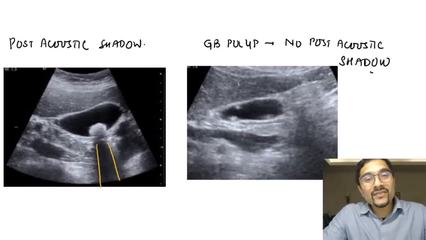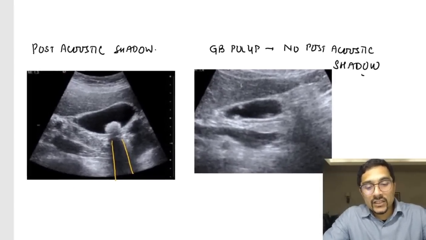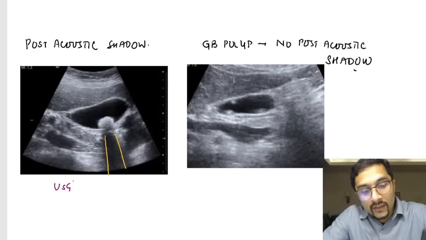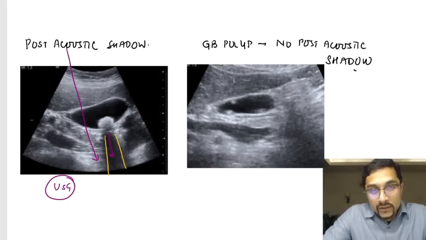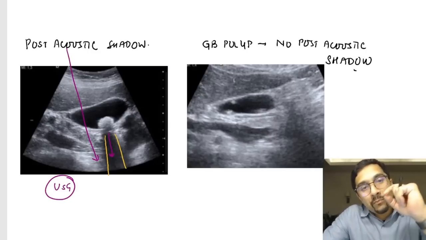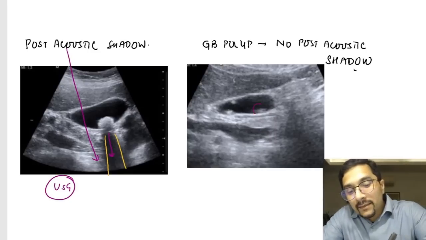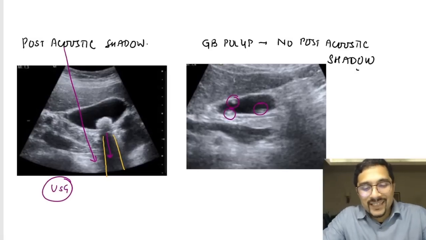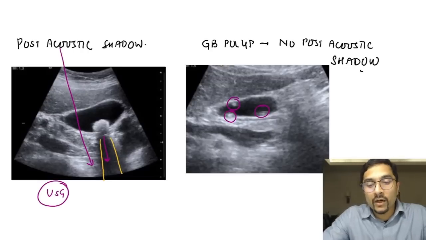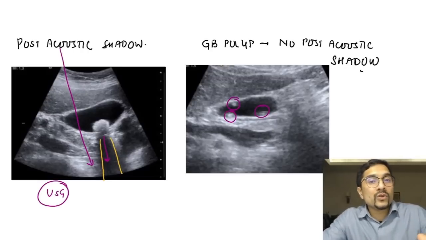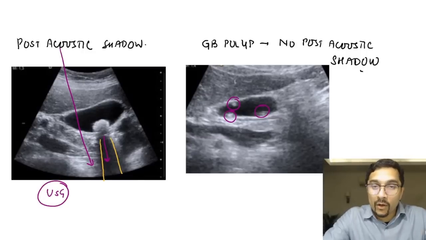Now, you know that if there are gallstones, the investigation of choice for gallstones is an ultrasound, and ultrasound abdomen will show a stone in the lumen and it will show a post acoustic shadow, means it will show a blackish shadow post that stone. If you compare it with a polyp in the gallbladder, these are polyps in the gallbladder, and I've shared in my video that I also have polyps, and these are small polyps which I just keep on monitoring, but polyps are not going to show a post-acoustic shadow,